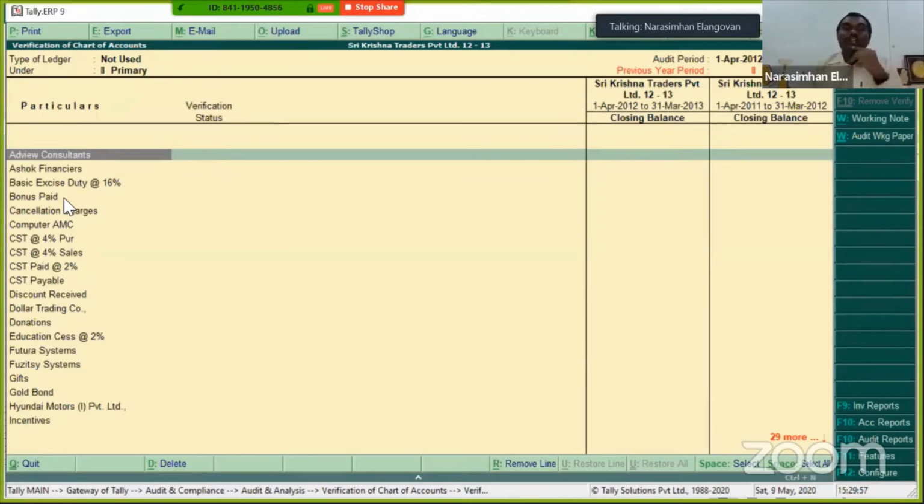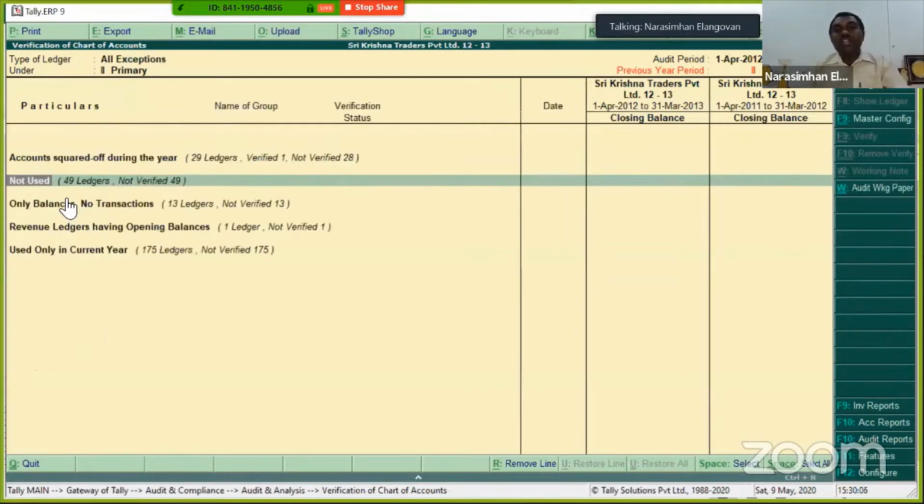Now you can get to know if I have regular payments, commission, expenditure, etc. At one shot, you can verify. This is how you do a chart of account verification. Fortunately or unfortunately, some of these features may or may not have been built even in certain cloud-based accounting software, which has been already there in time.